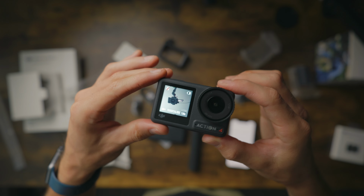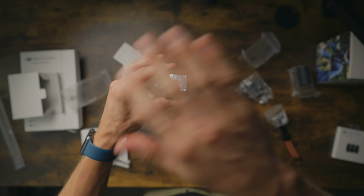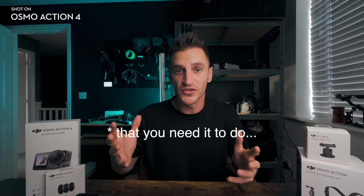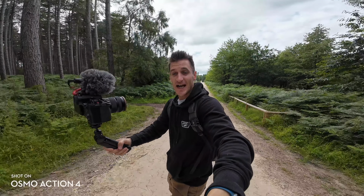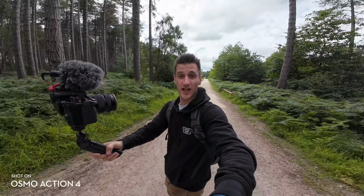What are we saying about this camera? Who's it for? Should you get one? If you've got the 3, should you upgrade? I think if you've got the Action 3 already and you're happy with it and it does everything that it does, perfect, no need to upgrade. However, if you did want a little bit more flexibility in the colours, better dynamic range, overall better image, then